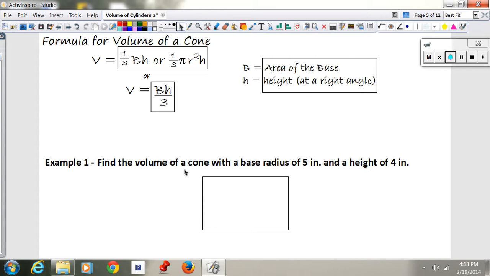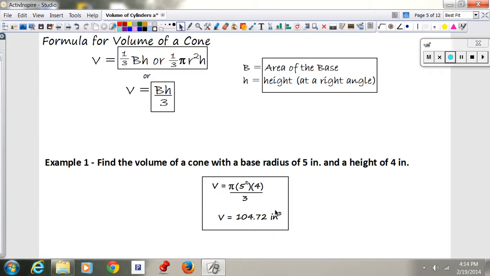So let's find the volume of a cone with a base radius of 5 and a height of 4. What we would do first is plug in our formula. You've got your pi r squared times h, pi times radius squared times height, divided by 3. That's my formula. You put the top part in your calculator, you divide it by 3, and you get your volume of 104.72